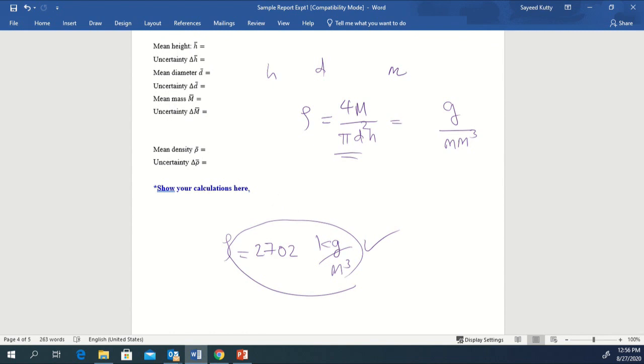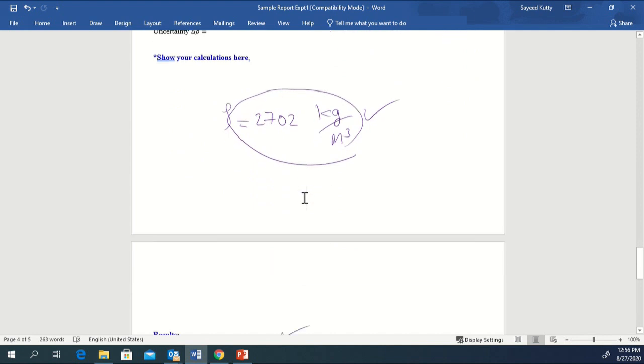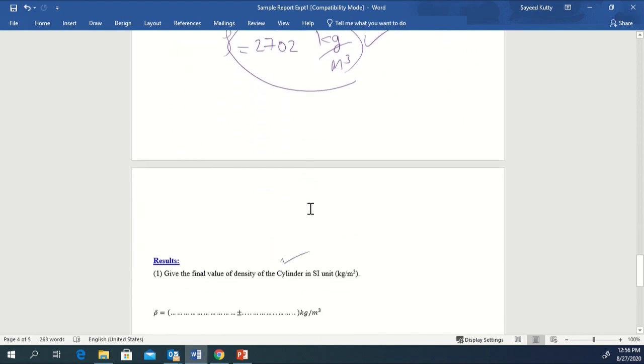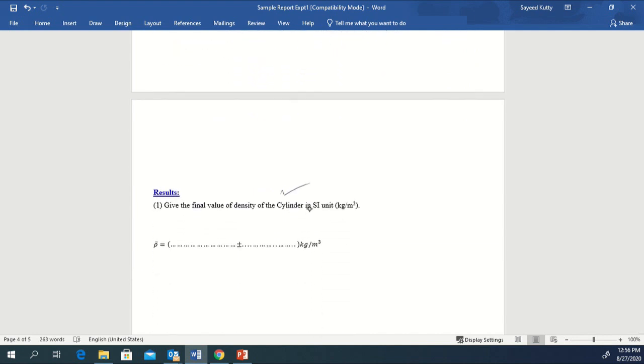So that's what you are going to do in our lab. Once again, to conclude, while you are coming into the lab, you know our goal, right? This part, the error analysis part, we will be explaining in the error analysis days. By this time you will be able to answer this part, and this is the density part. Okay. That's all about our experiment. Wishing you all success, and at the same time we'll be in the lab, and any kind of help will be provided. All the best.